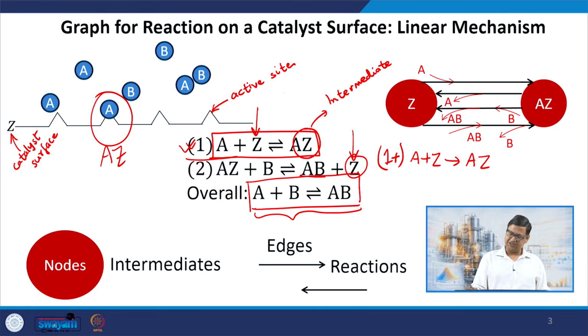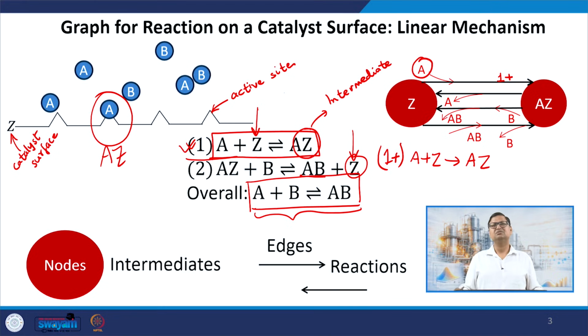In that reaction, A is coming in and reacting with Z to form AZ. So, we can say that we went from Z to AZ, the first arrow, involving a reactant A, which I am not representing as a node, but as a curved arrow meeting this particular edge, just to indicate that it